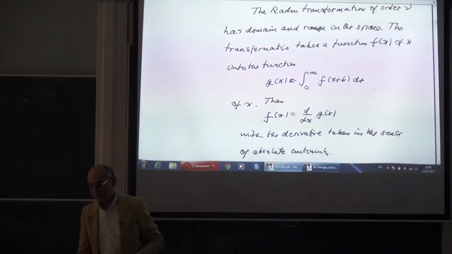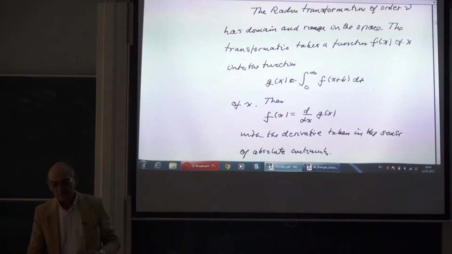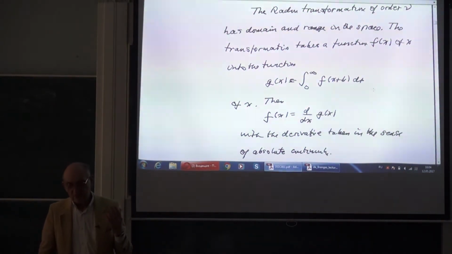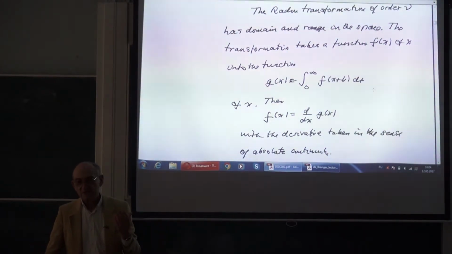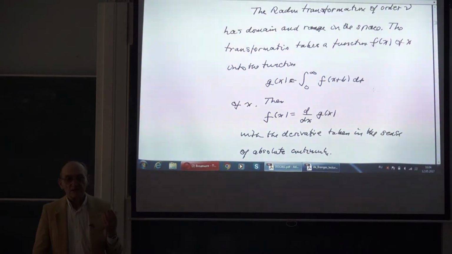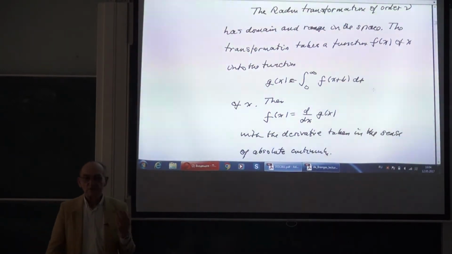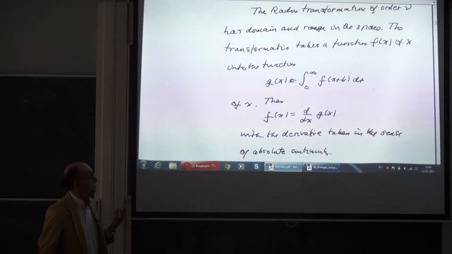But the conception here, the integral transformation, is what's called a Radon transformation. And these Radon transformations are used very much by applied mathematicians, but they're not known to theoretical mathematicians. In this case here, the Radon transformation is a very elementary